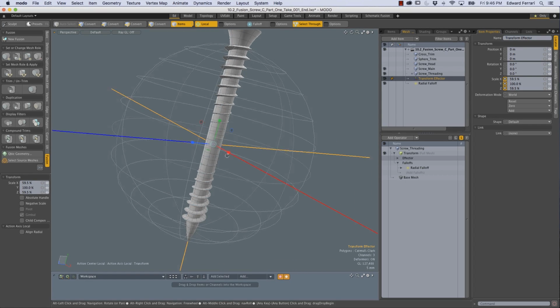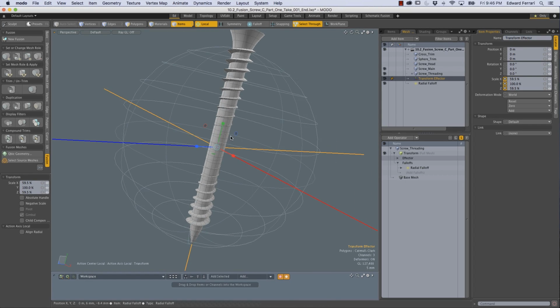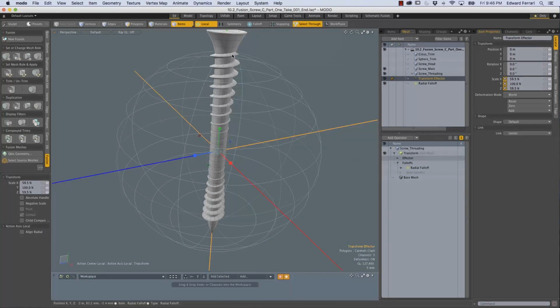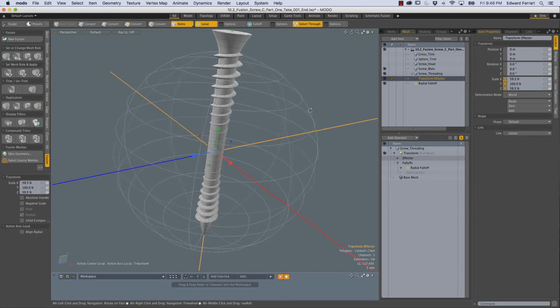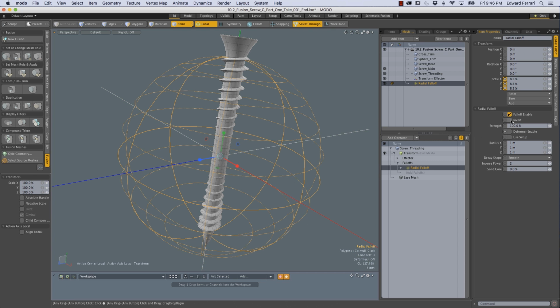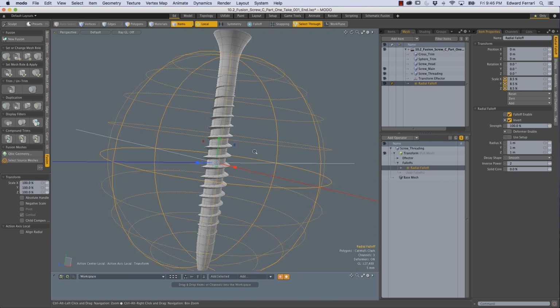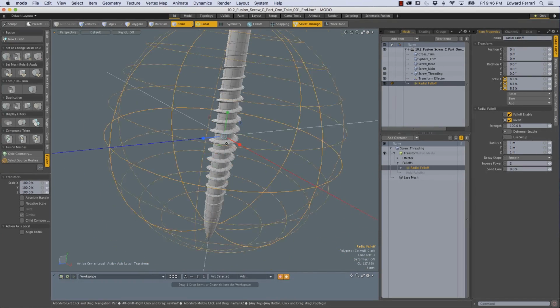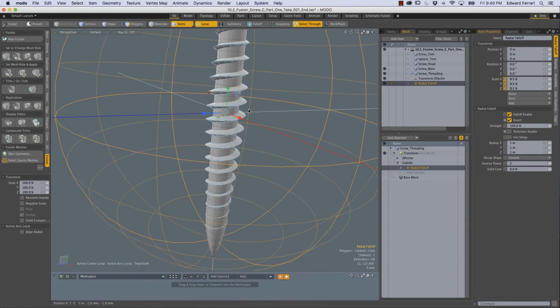Towards the center of the radial fall off, the scale is very powerful. Towards the end, it's barely scaling. It's not scaling at all, actually. So what we can do is come over to the radial fall off and choose invert. And now the scale is strongest at the boundary of the sphere, and towards the center, it's not affecting the